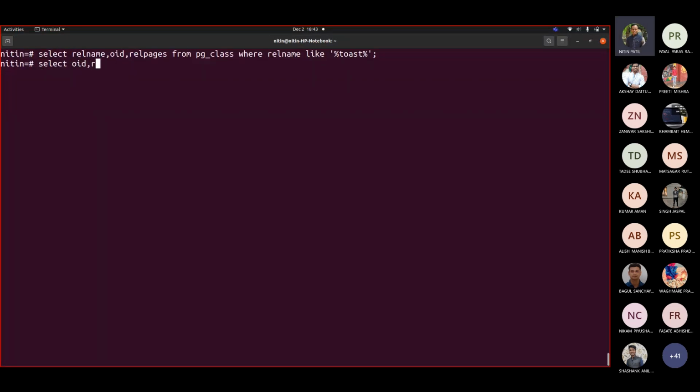Select OID comma rel name from PG class where OID is 2618. So this is PG rewrite, your query rewriter. So if I try to see, select star from PG rewrite.